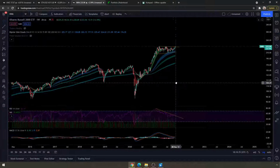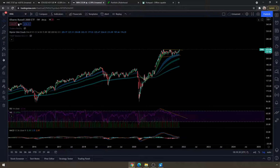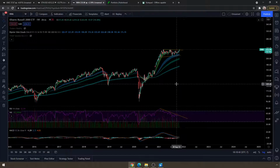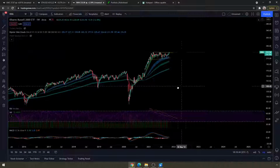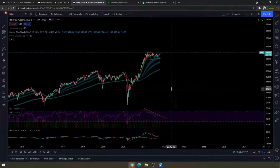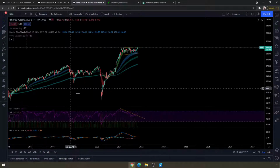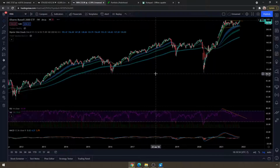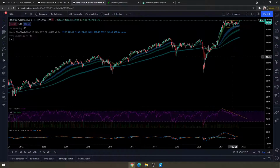So this is a chart for the IWM. This is the Russell 2000, basically small cap stocks trade on here. So these are going to be your more volatile stocks. But basically what we have here is the weekly trend. It's actually been doing really well, even as far back as,